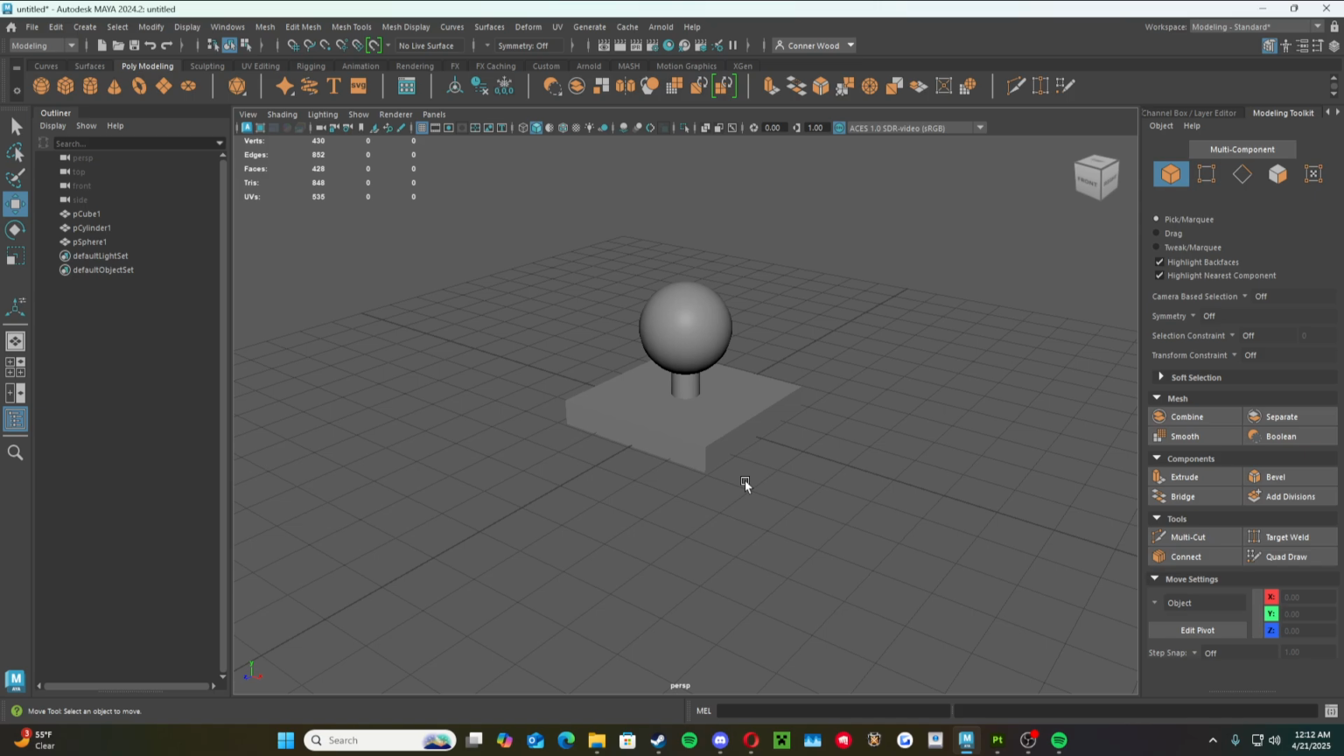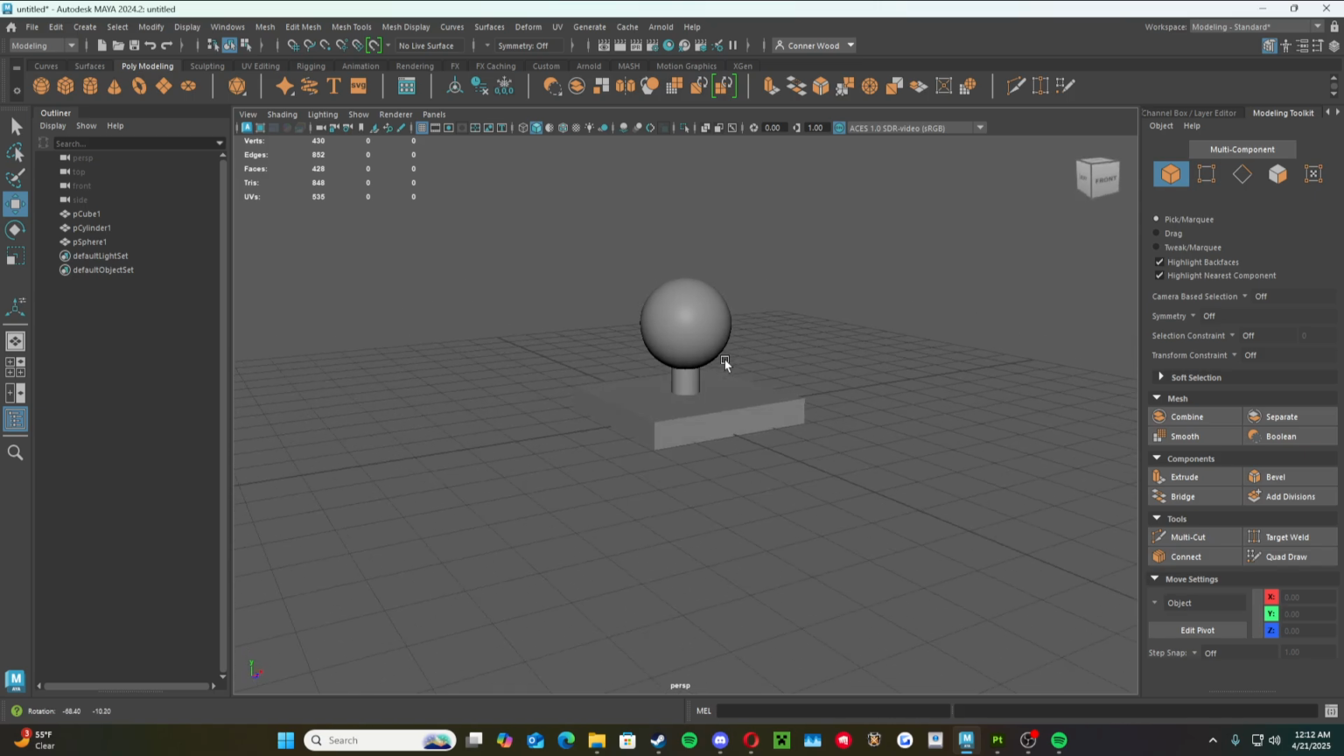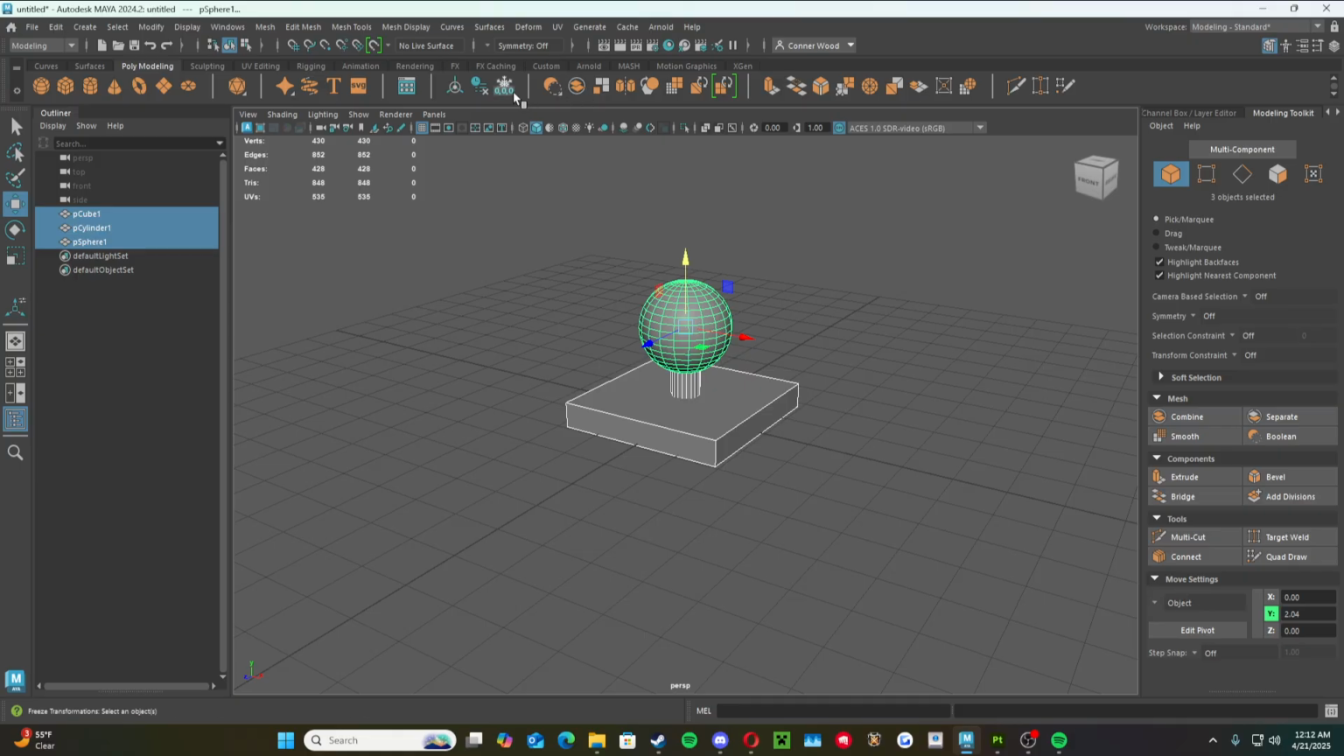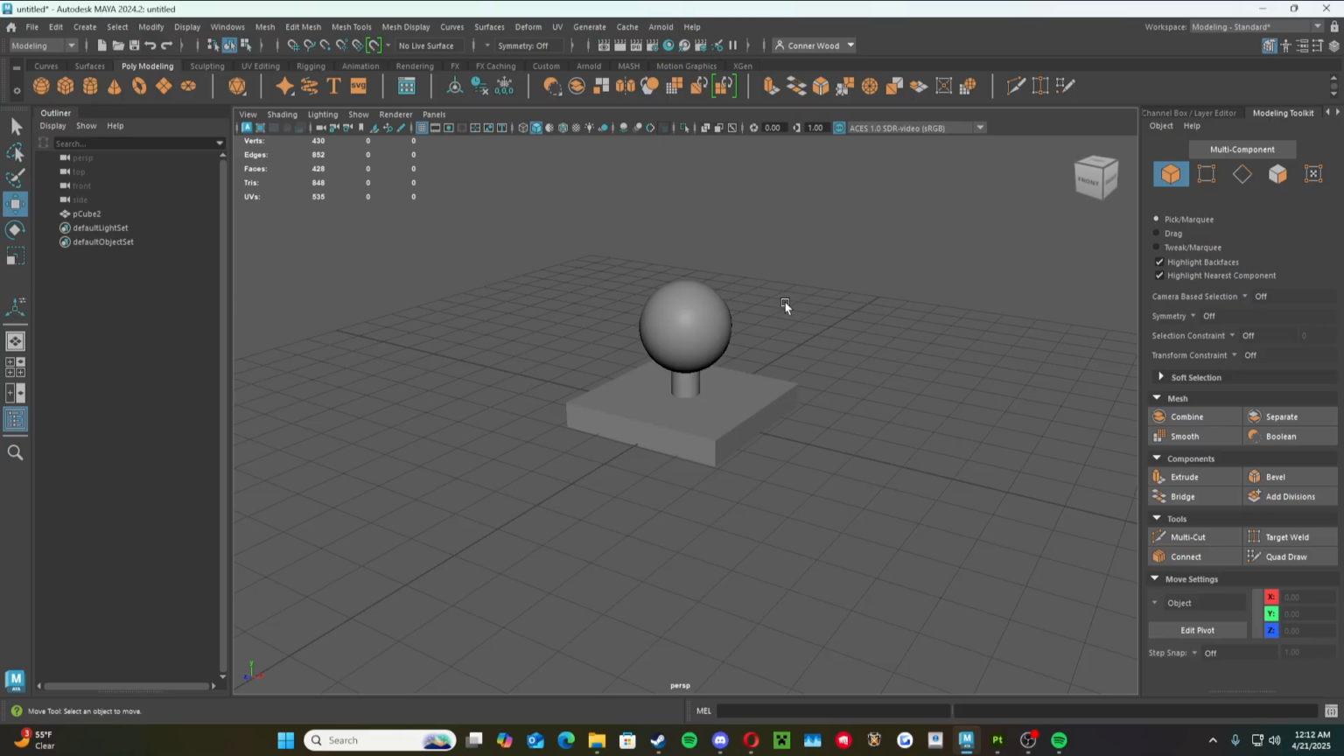So right here, I've got a very basic kind of object that I just quickly modeled. I'm going to quickly just combine it and remove the history so that it's one object. But basically what we're going to do is take this object and edit the UVs so that they can be prepared. If you don't know what a UV map is,